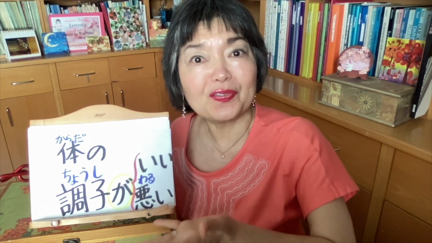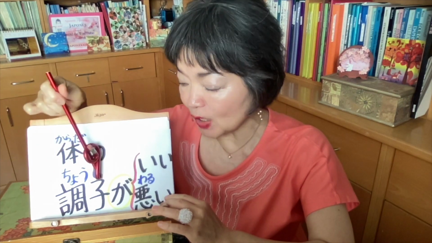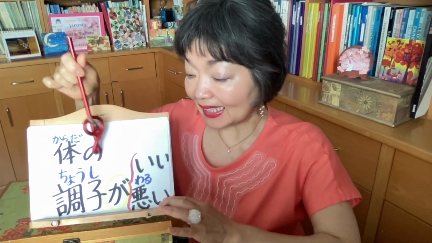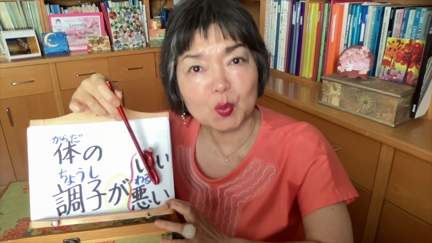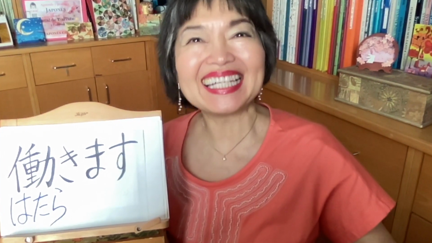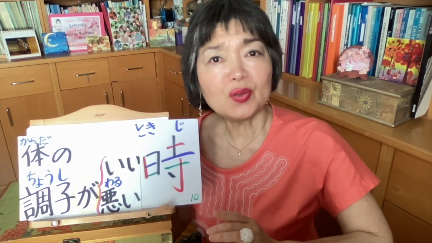This expression, to feel well, we say 体の調子がいい。体, this is body. 調子, this is condition. So 体の調子, body condition. Now the opposite. I'm under the weather. I'm not feeling well. 体の調子が悪い。Instead of いい, 悪い. 悪い is bad. In both cases, just before いい or 悪い, we must use the particle が。体の調子がいいとき、たくさん働きます。When I don't feel well, I go